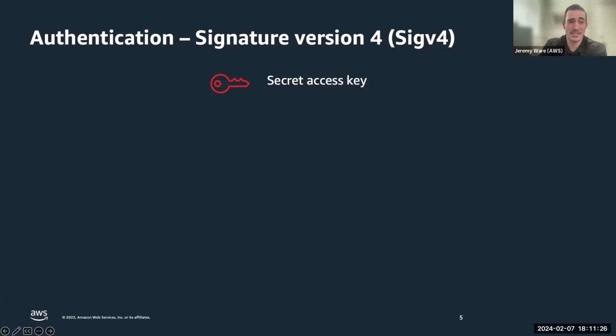It all starts out with a secret access key. This is a pretty standard behavior. You have an access key. You want to go ahead and take an HMAC usually of it. And that's what you would use as a signature. But in order to become more secure, what AWS does is we do layers and layers of envelope encryption. So we start with a secret key. We go ahead and take an HMAC of that, and then we create a new key called the daily key. And this is actually tied to the actual date that you're making this request.